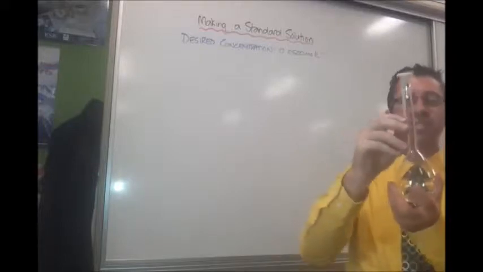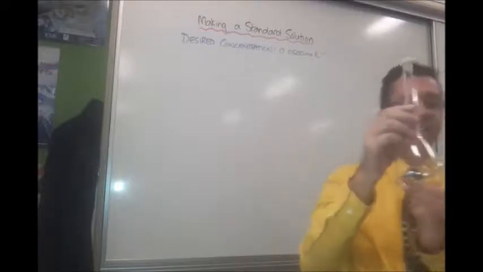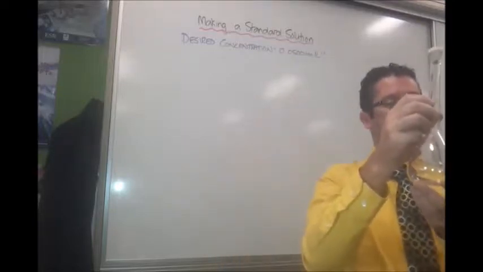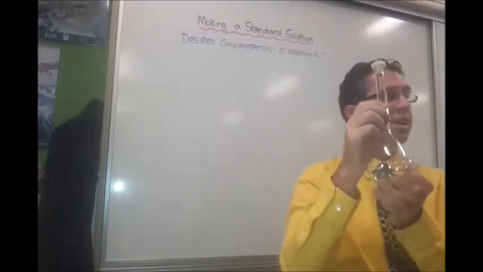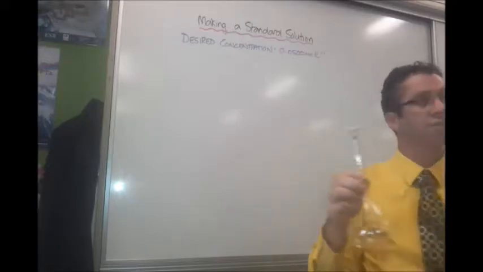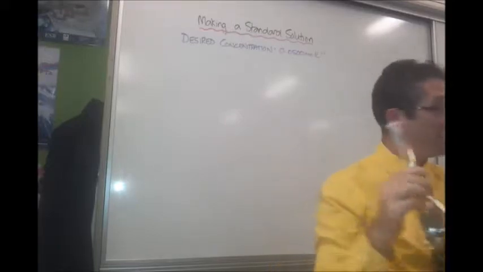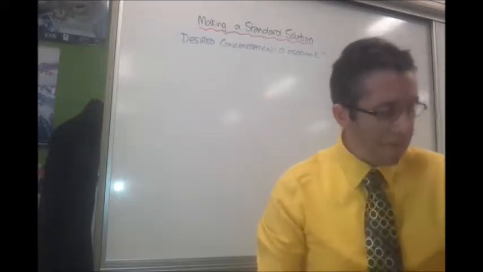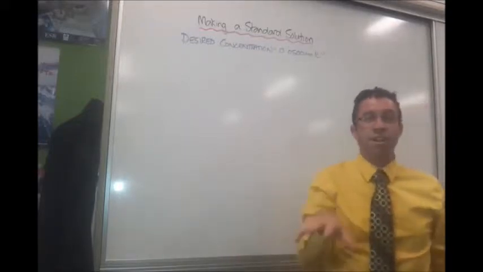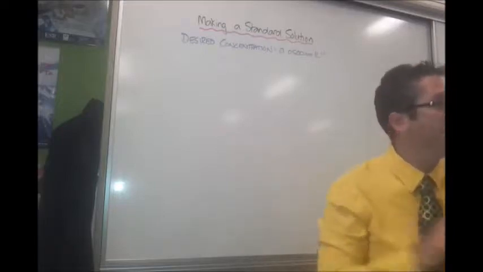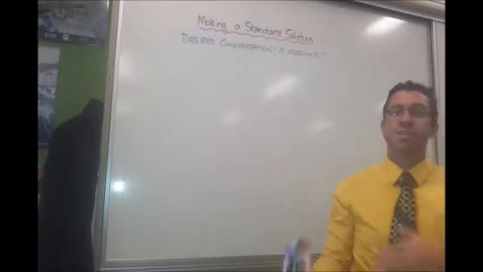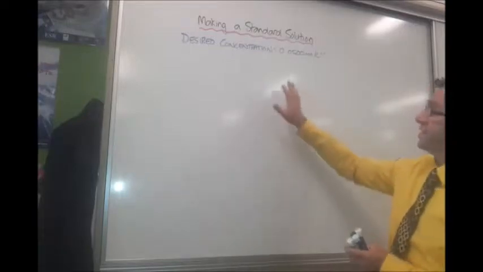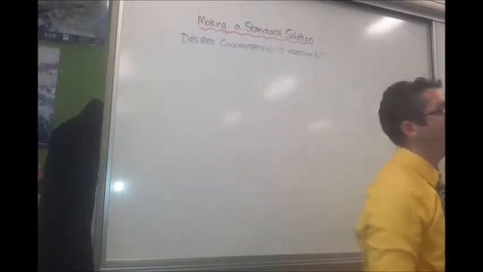Alright? Because that line is exactly, in this case, 250 mils, plus or minus, it says, 0.3 mils, which is pretty darn precise. So it's precise to three significant figures. It's exactly 250 mils. So we're going to get to the practical side of it in a moment. The reason we're going to make this standard sodium carbonate solution is for some experiments coming later, some titrations. We're going to need to know its exact concentration, but we're looking for 0.05